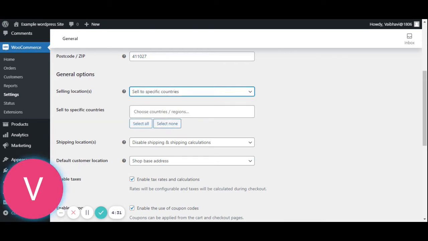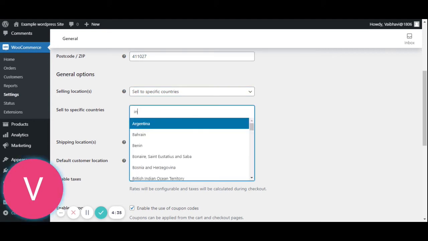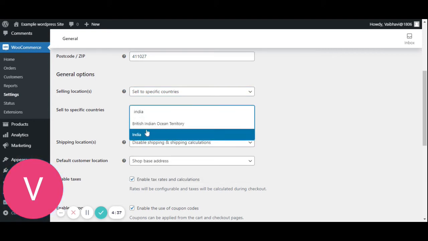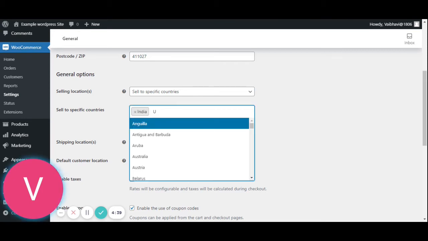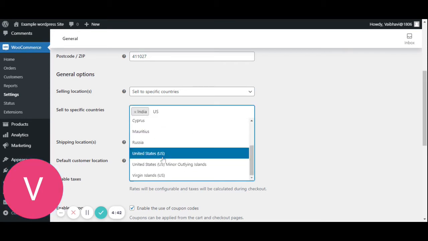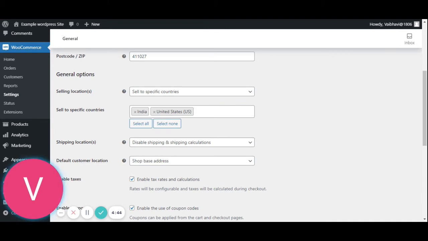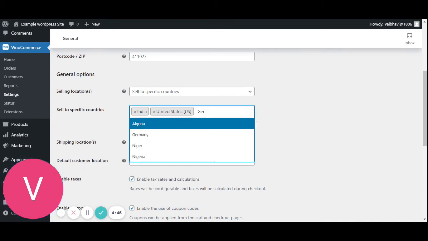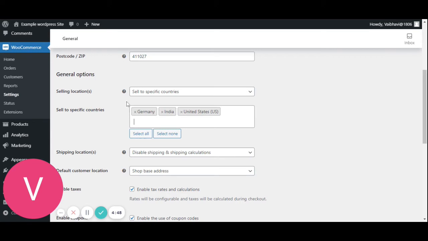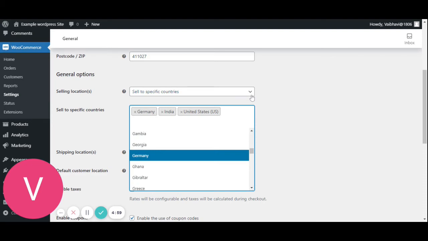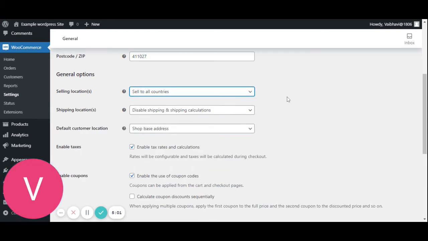Now supposedly if you are working from India and you only want to sell in India, in US, say in Germany, so your products will only be sold to these countries and the website will be available only for these countries. We'll just select sell to all countries.